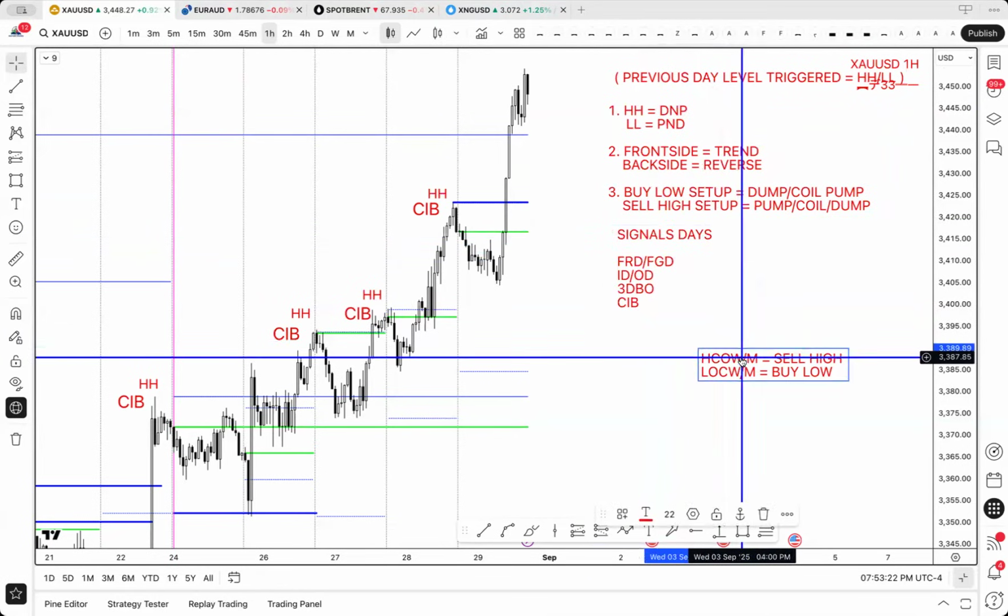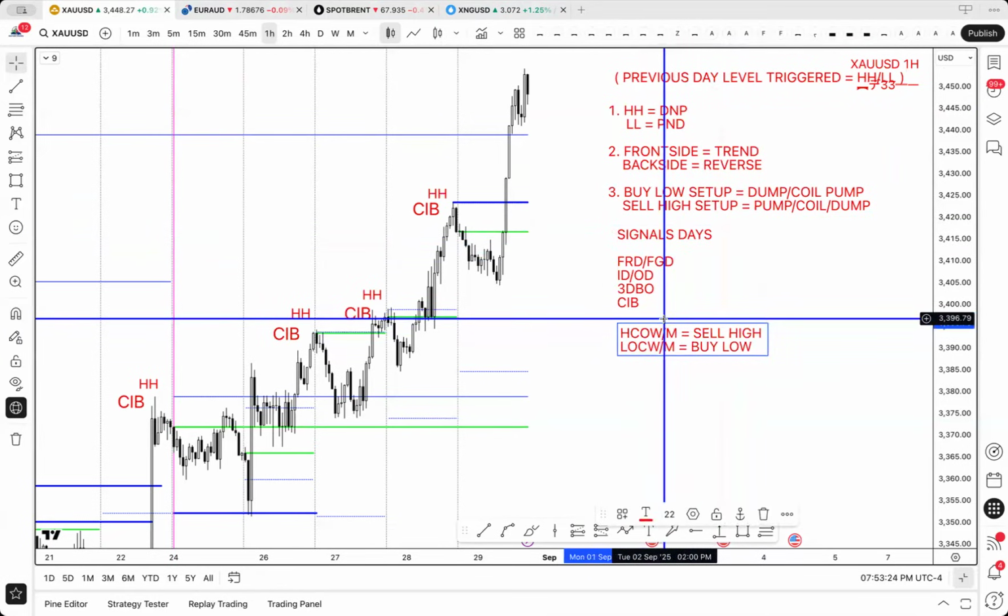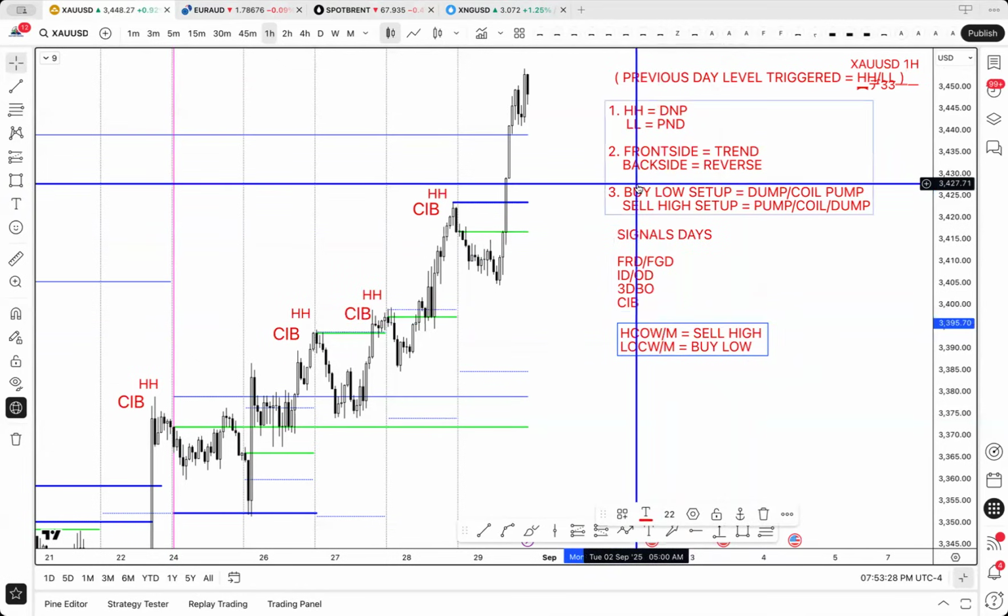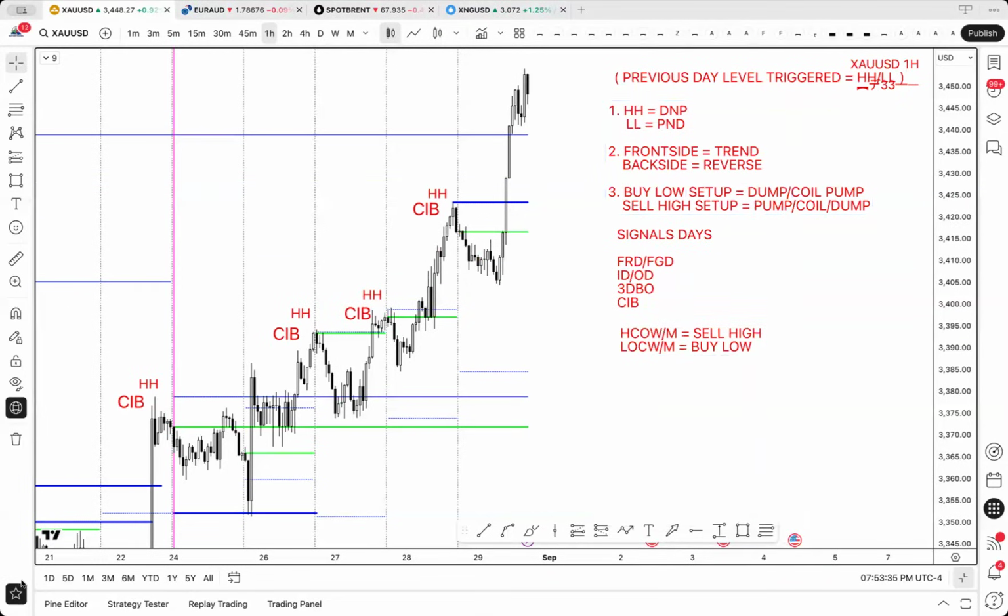We have signal days to identify setups. I have three very, very strict rules. Very strict, very concrete. You cannot mess this up. If we're on the front side, the only thing I would be looking for is a trend trade. If we're on the back side,